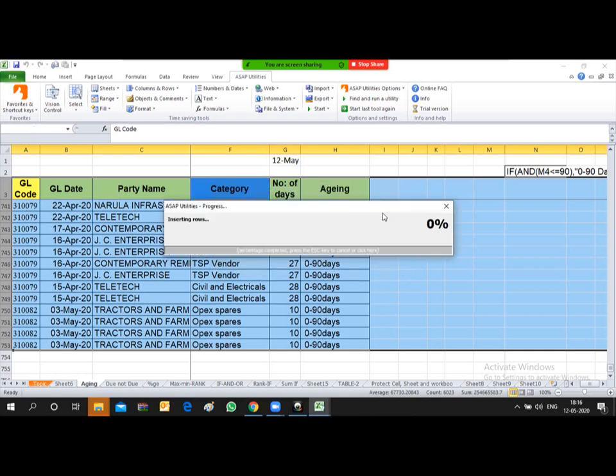Okay, so now just see what this function is doing. This is inserting two blank rows after each row. It will take a little time.